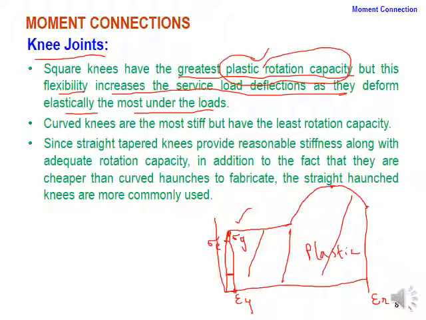So once we design our structure within the yield limit, our deflections will be very small if we discuss the service load deflections. And once we talk about the plastic range, the plastic range for the steel material is going to give you much larger strains and also larger service load deflections. The BSc undergraduate level scope is restricted to only the elastic design of the steel material. The plastic design we will discuss at the MSc level, in postgraduate levels.